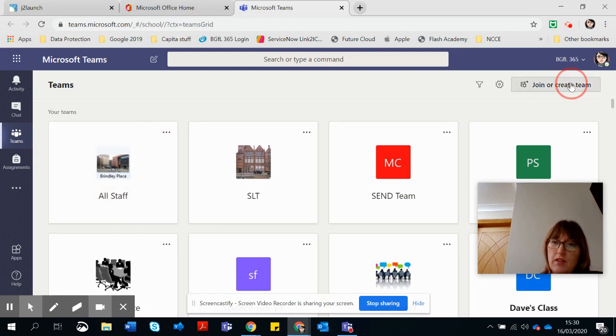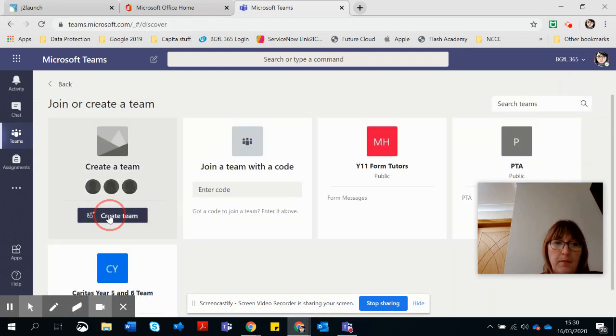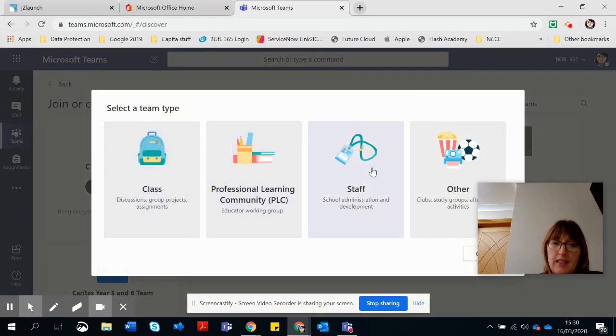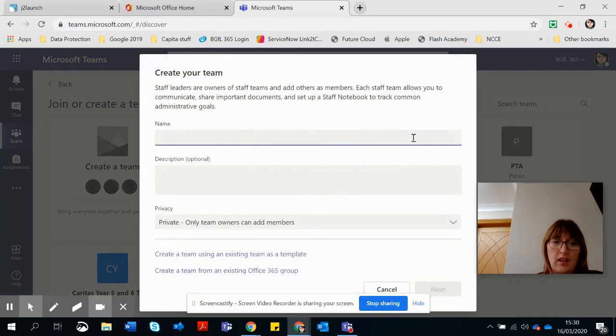So today we want to create a team. I'm going to create a team. It's a staff team and we give it a name. So I'm going to put my school name in. That's probably best practice. Whole school